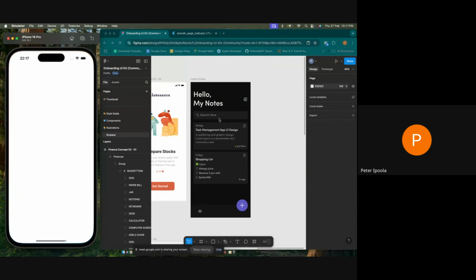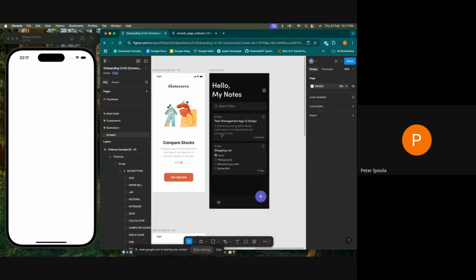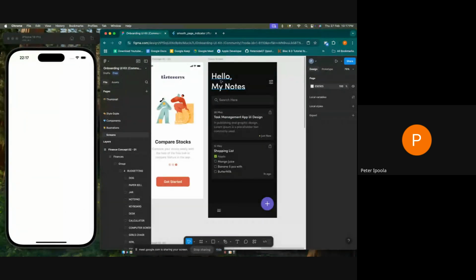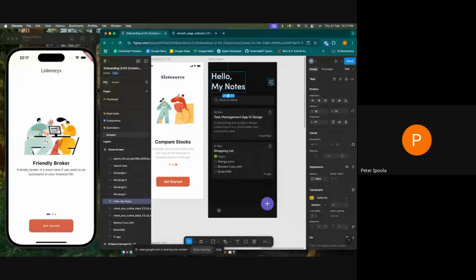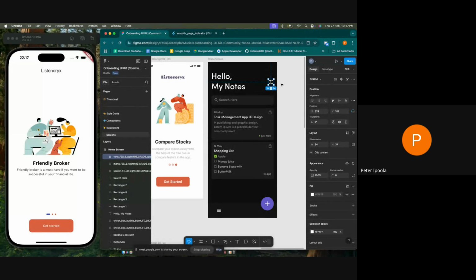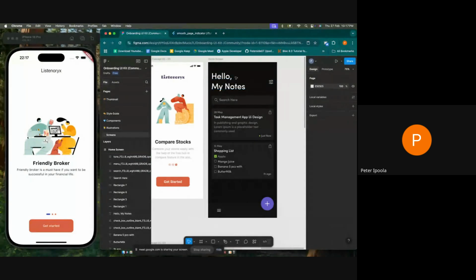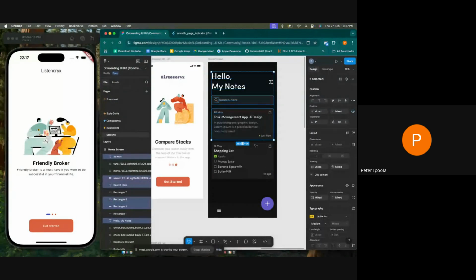Basically, as I'm looking at this UI, it is something very simple and basic. I can see this is a text widget, this is a row, this is an icon. Are they horizontal or vertical? I think it's horizontal, right? So basically, I know that this guy will be